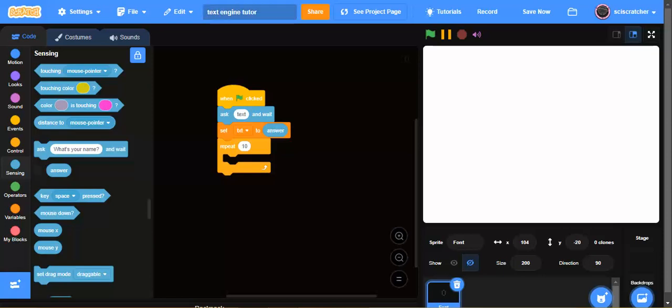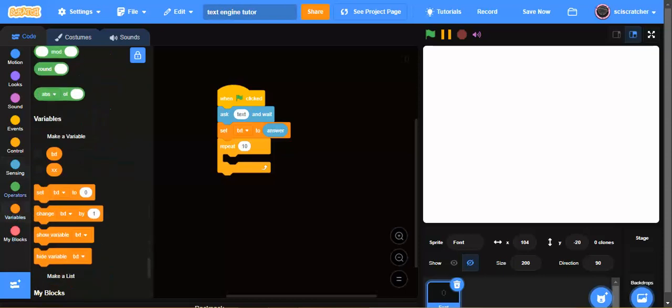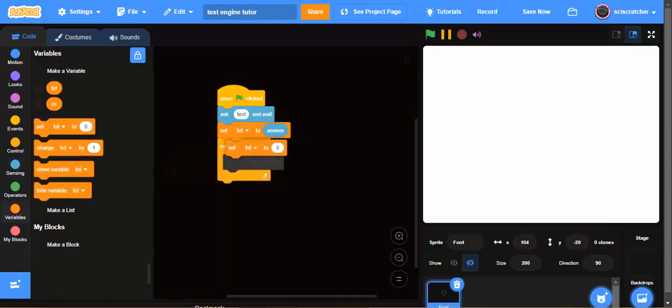Okay, then we will set our xx variable to 1